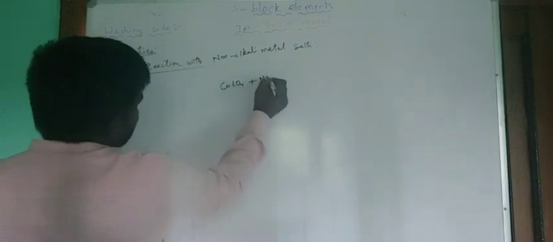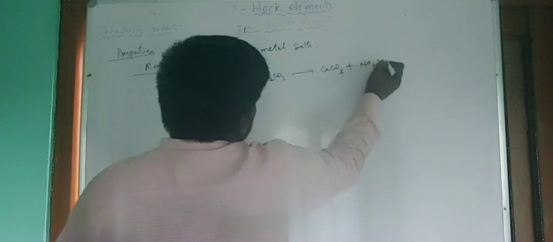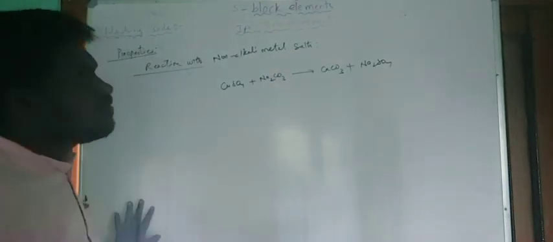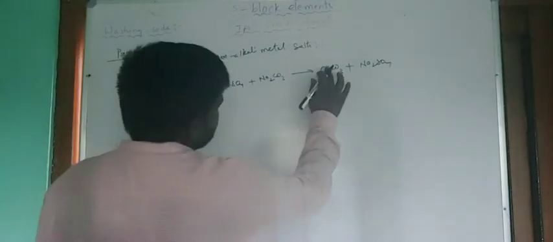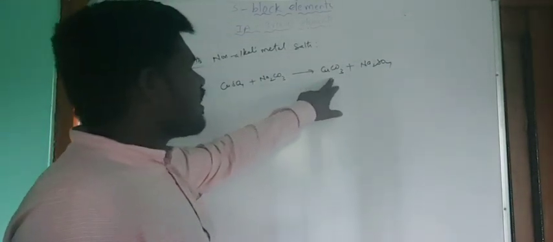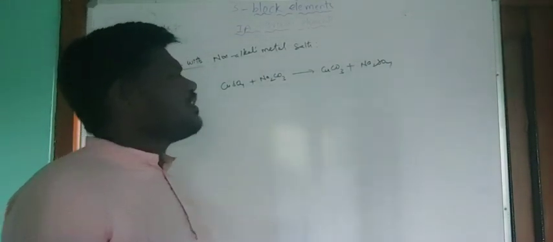CuSO4, when it is treated with Na2CO3, we will get CuCO3 plus Na2SO4, right? Copper sulfate, when it is treated with sodium carbonate, we can get copper carbonate and the next one Na2SO4, that is sodium sulfate. So this is about the chemical properties of sodium carbonate. So guys,